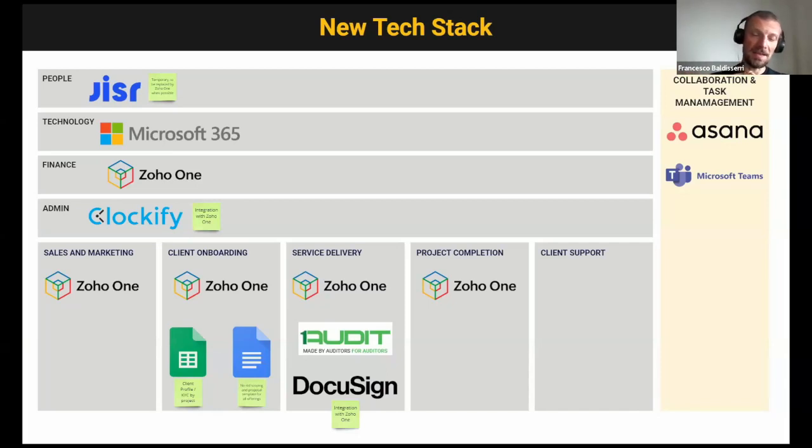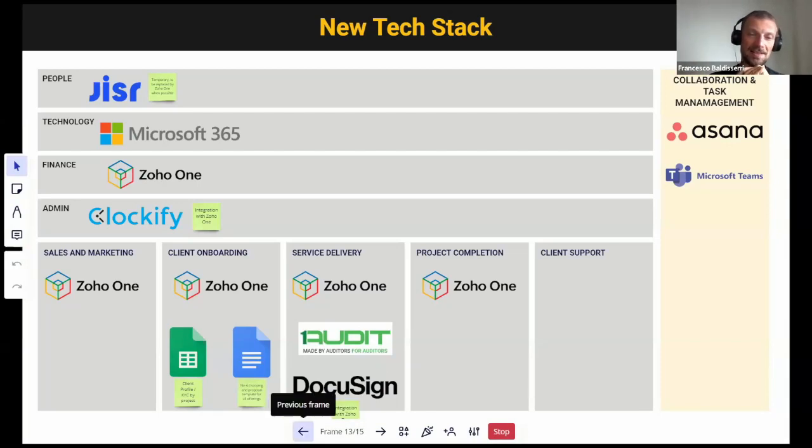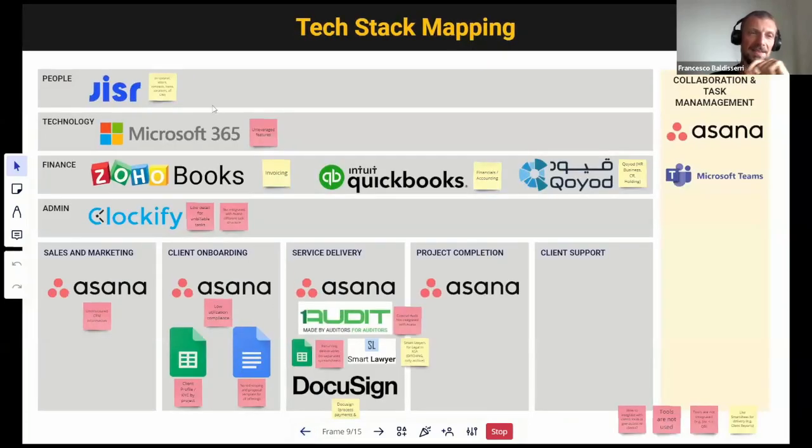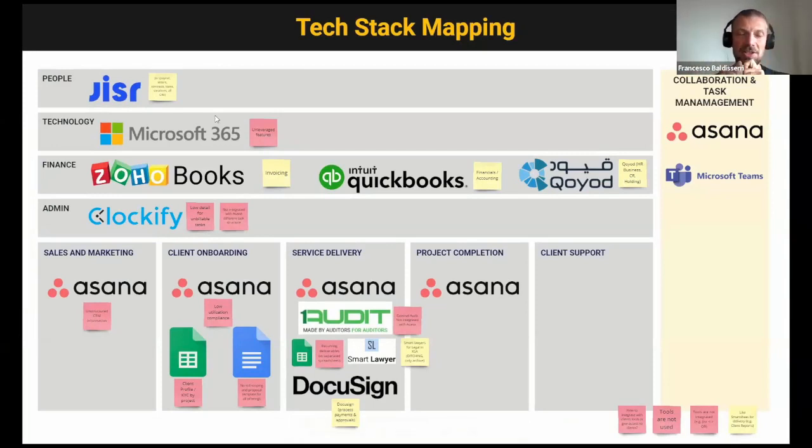But in between, even before implementing this new tech stack, there are several things that you can do, even in the current state, and this is actually what we are doing at the moment with our client. There are several optimizations that you can make even with the current tech stack. As I mentioned, right now we have even too many tools to choose from, and the general quality of the tools, I would say, is quite high. So it's very difficult that the tool itself is the bottleneck, but sometimes it's more about the way it's used.